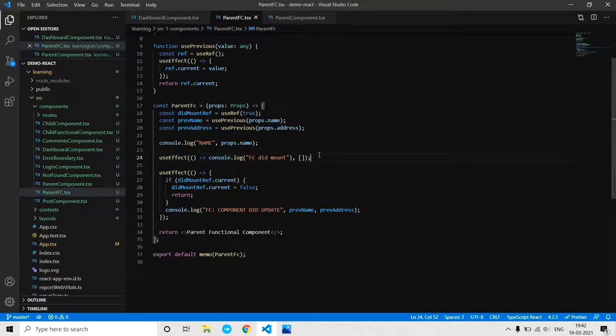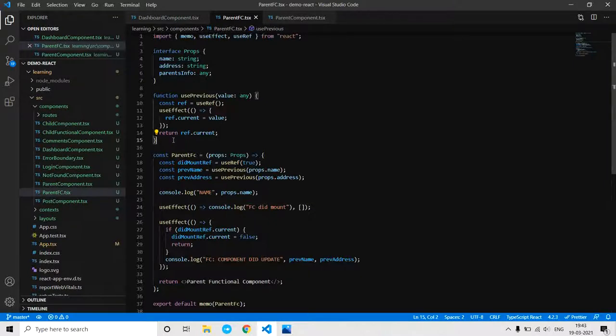But the next question is how to access previous name and previous address, because unlike class components, here we do not get those ready-made props. For that we have to create our own small hook. Hooks are nothing but functions, so I just created it. This usePrevious hook is created to access the previous prop.